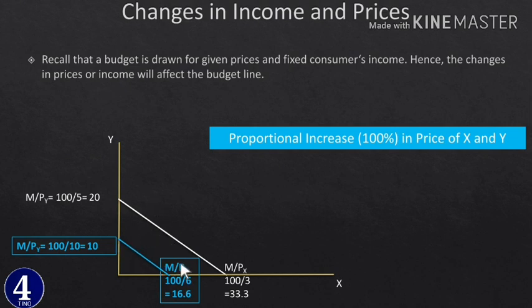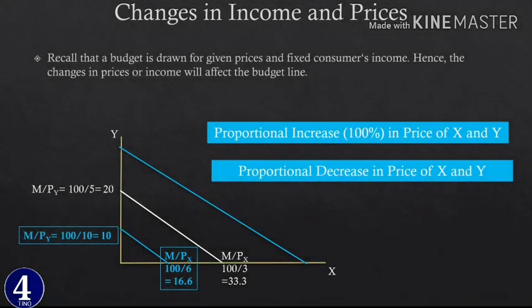ወደ ውስጥ shift ያደርጋል ብለን conclude እናደርጋለን። ኦኬ ወደ ውስጥ ደግሞ shift ማድረጉ ምን ችግር ይፈጥራል ወይም ምን change አመጣብን? ሁለቱም the amount of y that we can purchase and the amount of x that we can purchase ዲክሪዝ አድርጓል ብለን ሁለተኛ ኮንክሉዥናችንን እንሰጣለን ማለት ነው። ሌላው ደግሞ በተመሳሳይ መልኩ which is in the opposite side, proportional decrease in price of x and y ካለ ደግሞ decrease ስለሆነ both the amount of y and x that we can purchase ይጨምራልና shift ወደ